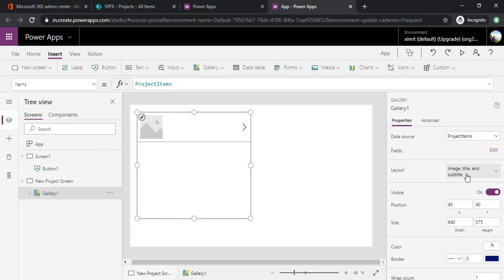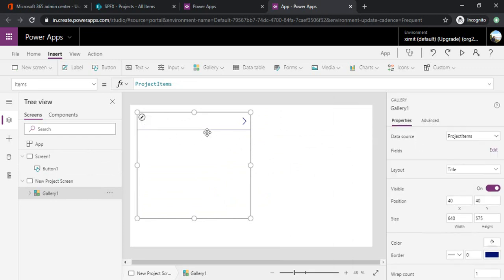And in layout, I'm selecting the layout as title so that it can get rid of the unwanted columns. If you expand the gallery on the left hand side, you can see separator and next arrow are there. I don't need the separator, and I don't need this title control. I'm just expanding it so that I can drag multiple fields over here.